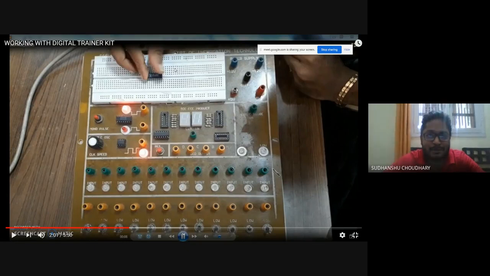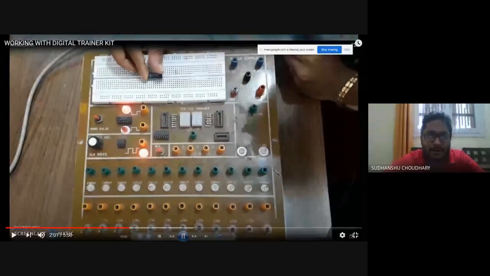For example, in this column all these holes are connected. This represents basically a line. The vertical line is represented by these holes, so it's a wire beneath these holes. That means whatever you connect to the top hole, the same input or same output can be derived from the holes in this vertical line. All these vertical lines are separately connected.